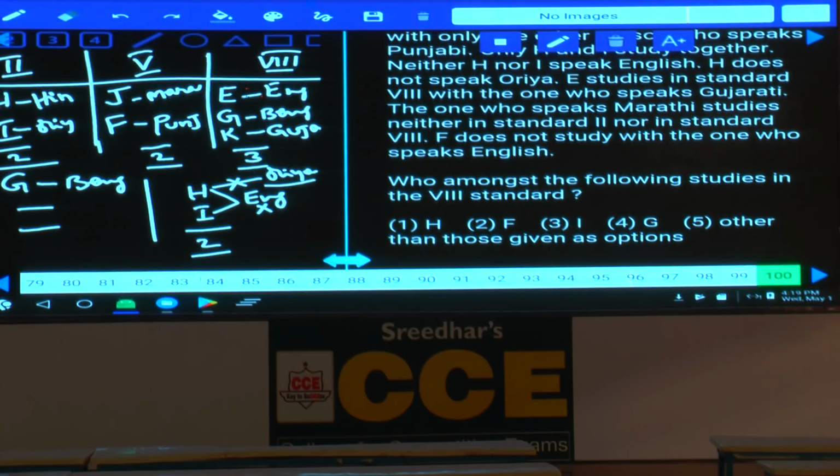Then question number 100. Who among the following studies in the 8th standard? In the 8th standard, E, G and K. Out of which G is given, that is choice 4. E, G, K, choice 4 is the answer. Done with this? Now this is about paper number 664, question number